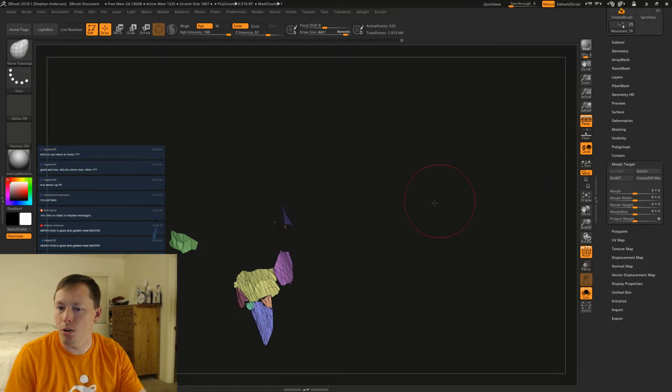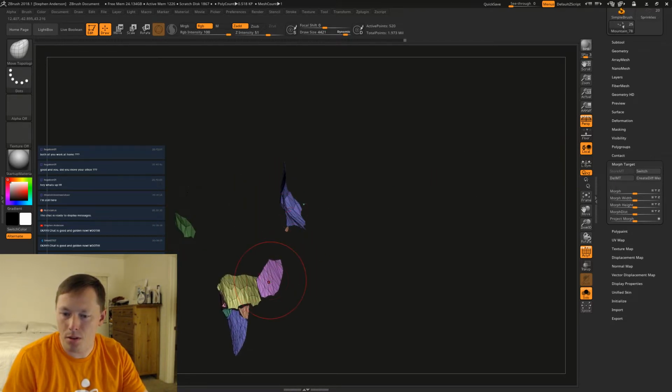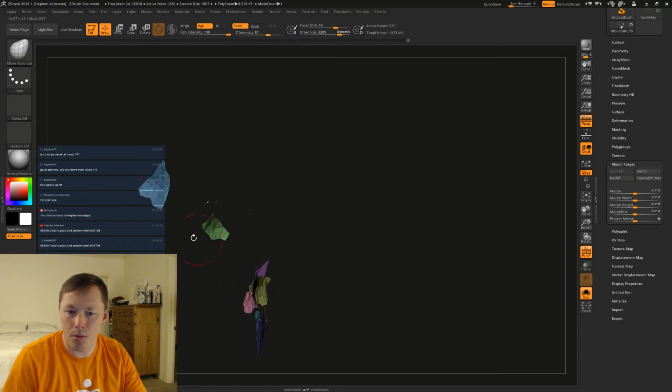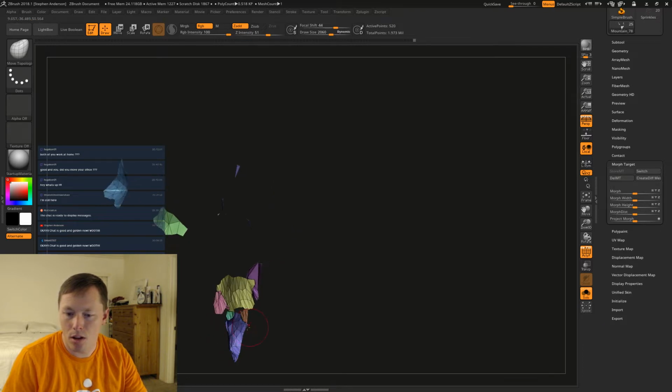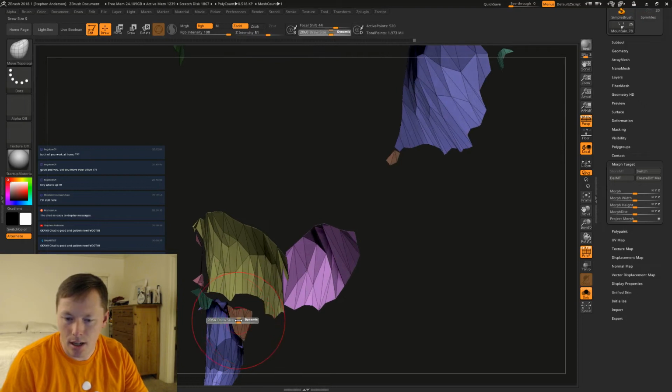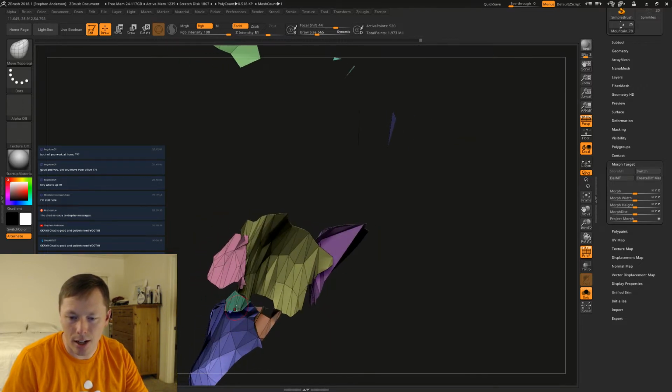So now, in fact, let's give this some more depth. Let's give this some more depth. Give that one some more depth. Let's give this one a little bit of depth. The idea of what I'm trying to do is create these jagged rocks that are going into the, I mean, rocks, chunks of chocolate, right?